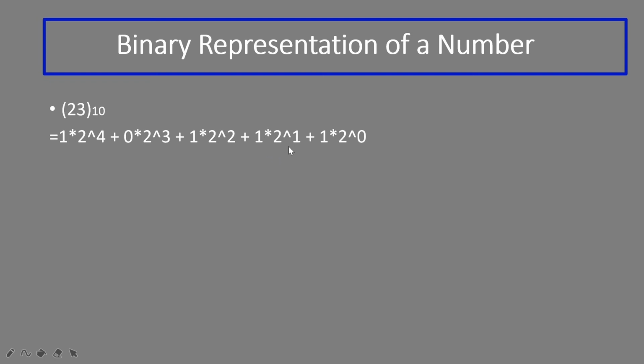Then the remaining will be 3 minus 2, which is 1. So the maximum power we can represent a number less than or equal to 1 is power 0, right? 2 raised to power 0 is 1, which equals the number 1. So this bit will be multiplied by 1 because this bit is 1. Then the remaining number will be 1 minus 1, which is 0. So it is the end, right? In this way we can rewrite 23 by this expression.